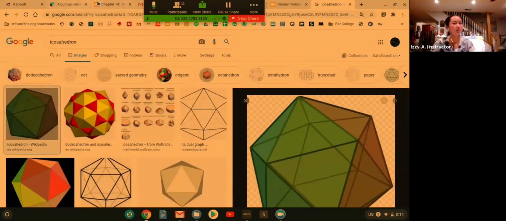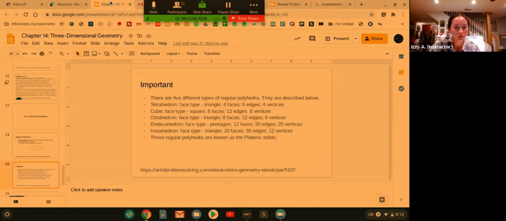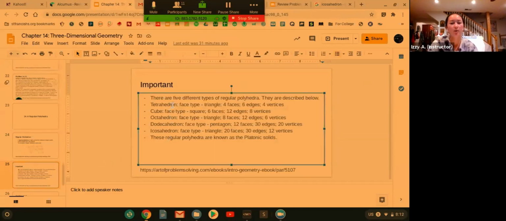The different polygons that we've been studying end in -gon, like hexagon or pentagon. But we're talking about 3D figures now. I'm not exactly sure, but if you've noticed a pattern, the words end in -dron.